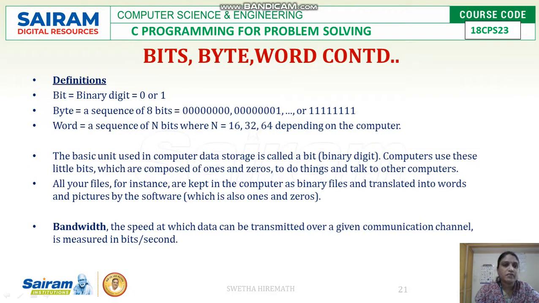Bits are binary digits which can store the value 0 or 1. A byte is a sequence of 8 bits, made of zeros and ones, representing the value of that byte. A word consists of n bits, where n is 16, 32, or 64 depending on the computer's capacity and capability. The basic unit used in computer data storage is called a bit, which is a binary digit. Computers use these little bits, composed of ones and zeros, to do things and talk to other computers. If we want to communicate with a computer, we have to give the data in the high level